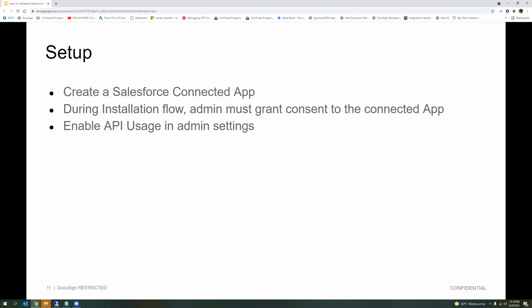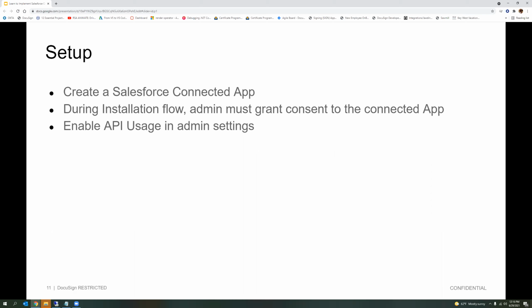You need to create a Salesforce connected app. The Salesforce connected app is just a way for your application to interact with Salesforce and vice versa. It's a very simple setup. I will show you how to create a connected app, and once you have the connected app set up, your application or your package on the backend can talk to Salesforce on its behalf.